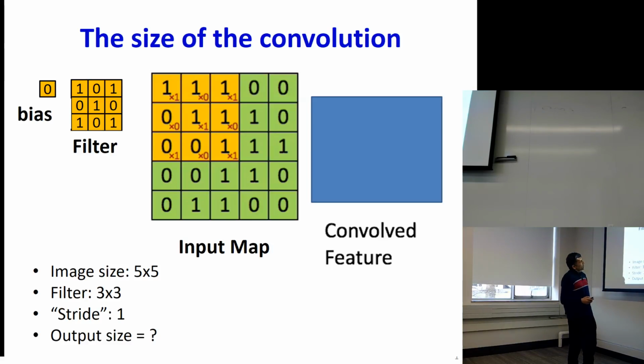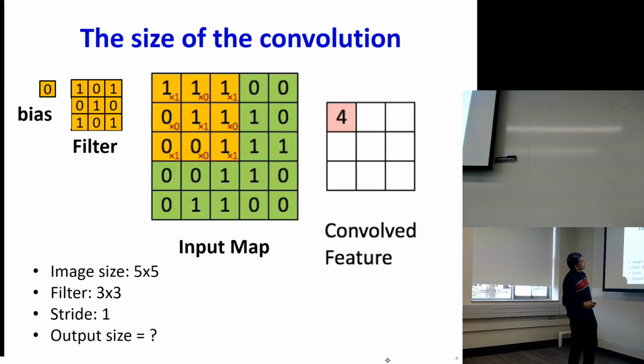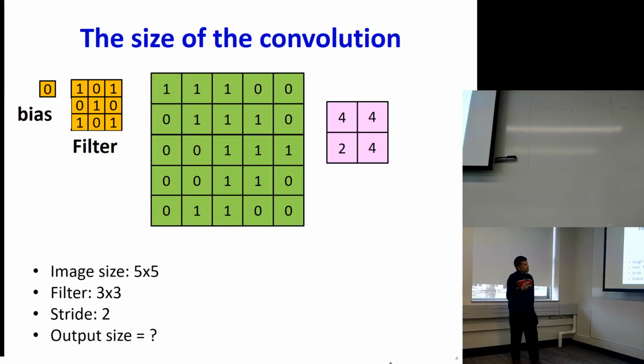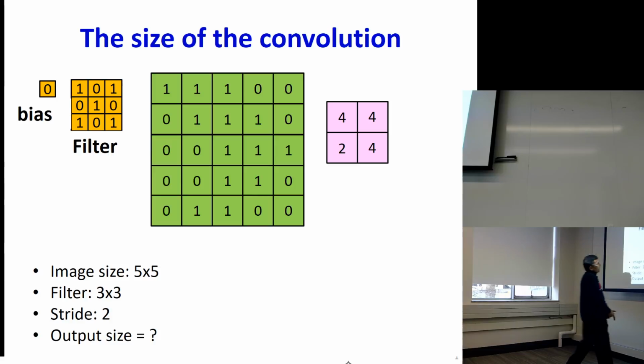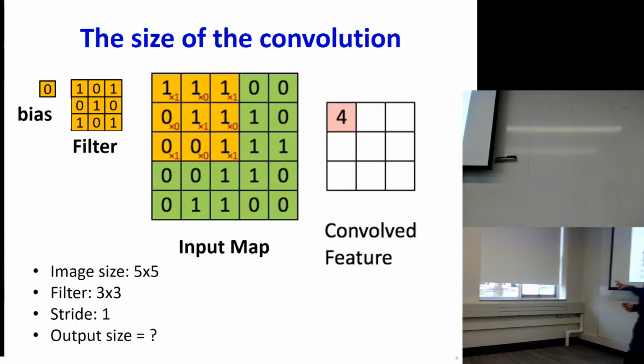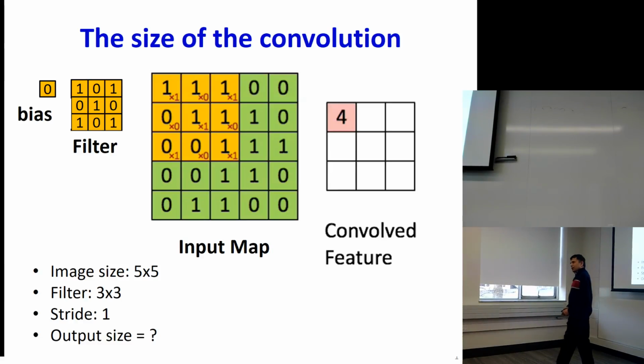When I get to the extreme, wait, this should have been 3 cross 3, right? So what happens is that when I get to the extreme right, when I get to this position, I have no more image to the right. So if I try to scan further, I'm going to fall off the image. The outcome is now, although the original image was 5 cross 5, the image is only going to be 3